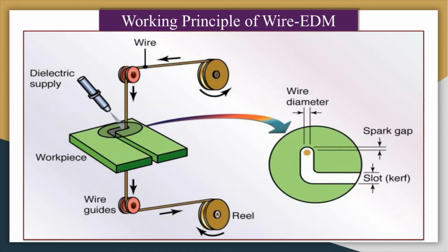A very small diameter wire is used, and small diameter wires are chosen because you have to make complicated shapes. But if you choose a very small diameter wire, then your current carrying capacity also gets reduced. So there is an optimization of what the diameter of your wire should be, and you have to choose your wire based on your application.